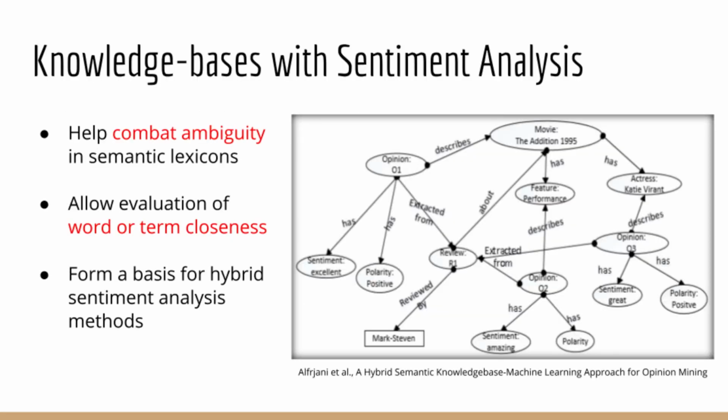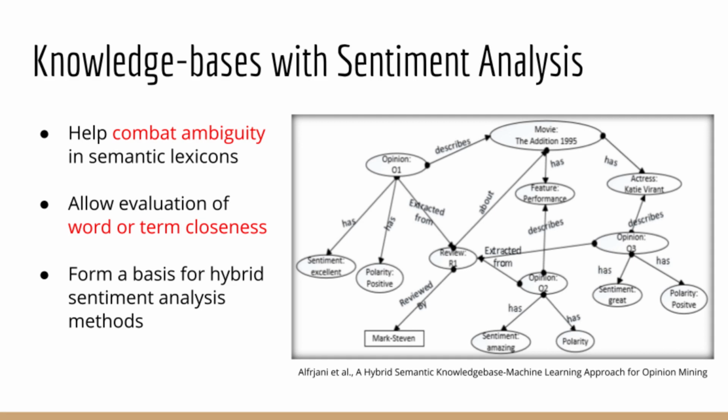So why are knowledge bases powerful and useful for sentiment analysis? Some terms in semantic lexicons will just be ambiguous in nature, as the polarity swings to both positive and negative in text corpuses. In these situations, it's possible to enrich the amount of information available to us by attempting to guess the context of the word using knowledge graphs. When multiple related words or terms are examined simultaneously, it is possible to remove some of the ambiguity that a word might mean something else in a situation, allowing more accurate polarity values to be assigned to the text.